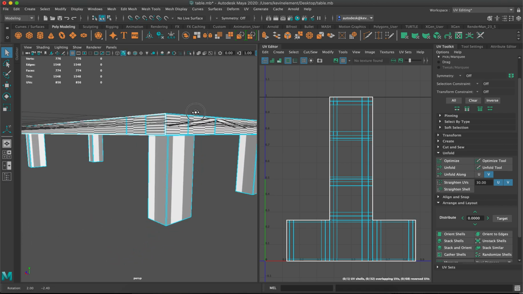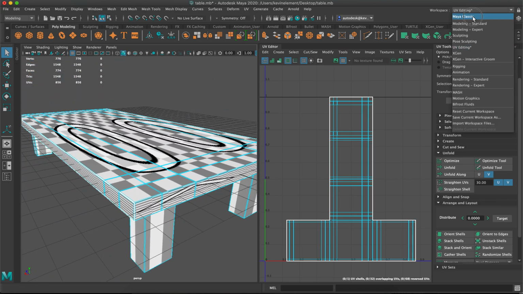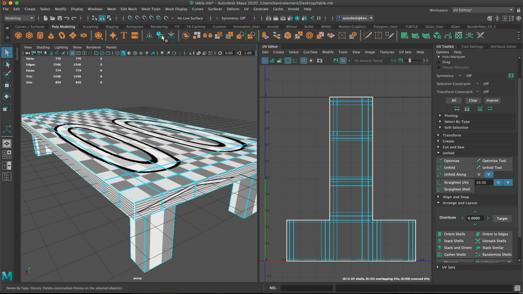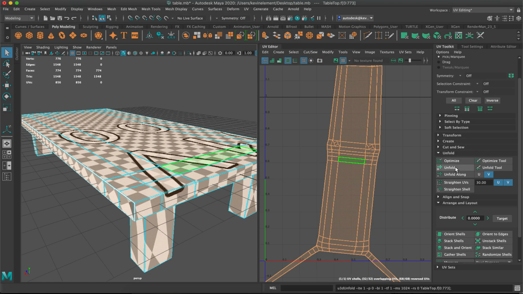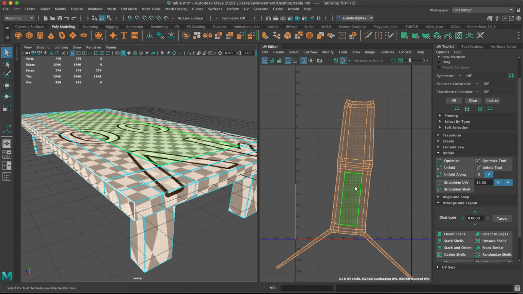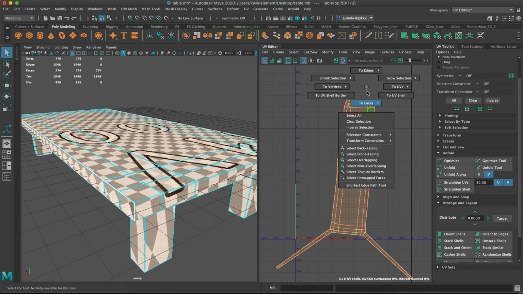But before I get into that, I do want to point out that since we have clicked these 2 buttons up here, we've frozen the transformations and we've deleted the history. If I was just to simply select all right now, and I'm going to go to face mode and select all, and just see how the system is going to unfold this, we'll already begin to see that since we've baked in the transformation, it's starting to better understand how big our polygons are. But we got these weird problematic areas here, which I think are kind of funny